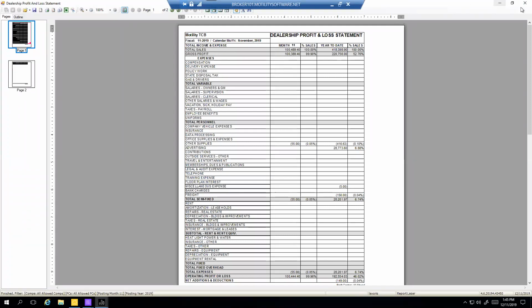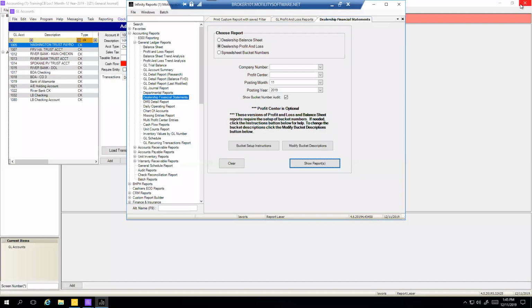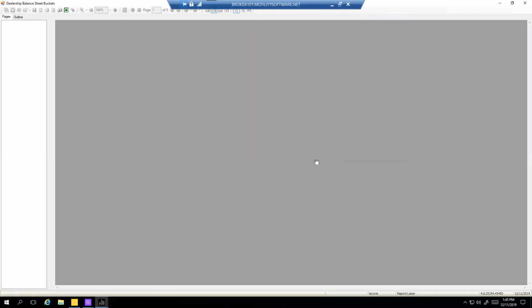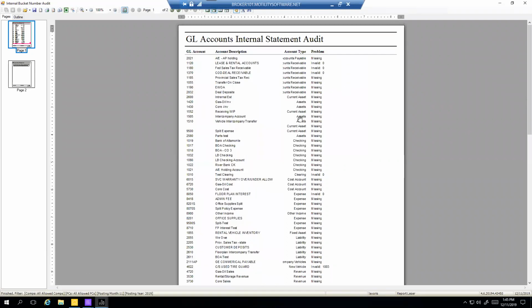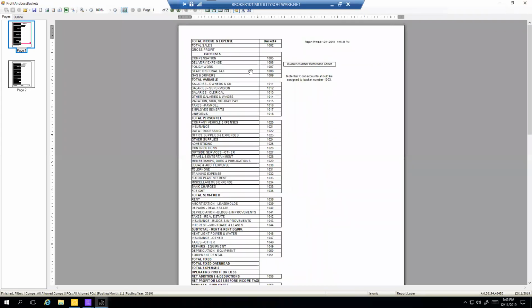All right. Now, how do I know which statement number to put on which GL account? That is available in this report, the spreadsheet bucket numbers report. All right, so if you check off that option there and then hit show report, and there actually is another webinar that kind of goes into this in a little more detail. So the same thing, first thing you'll get is an audit. It always gives you an audit if any of your GL accounts are missing a bucket number. But once the audit